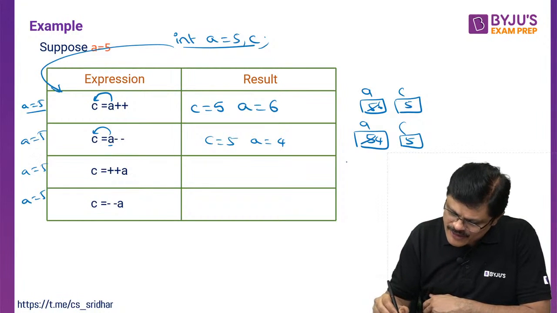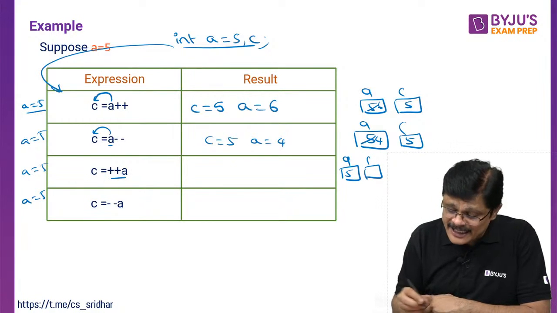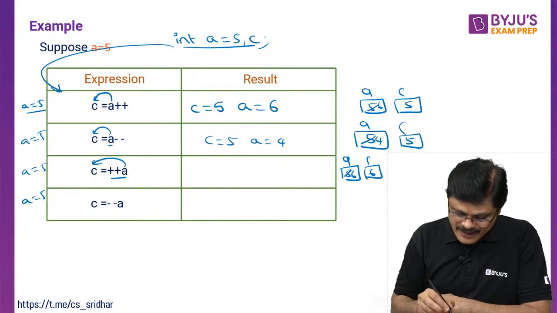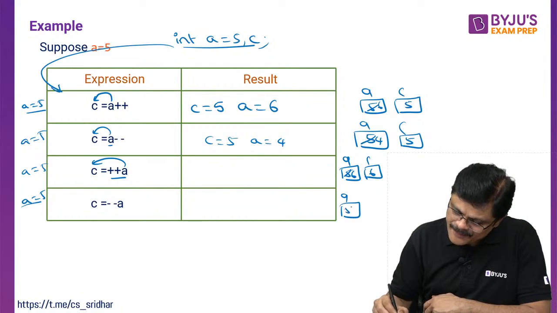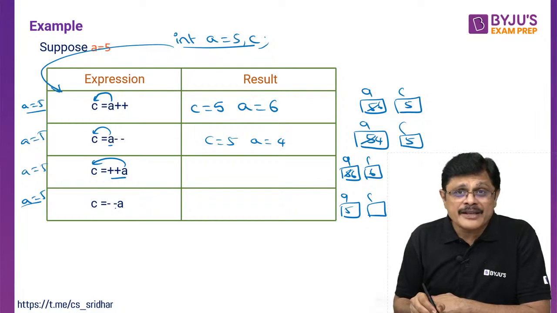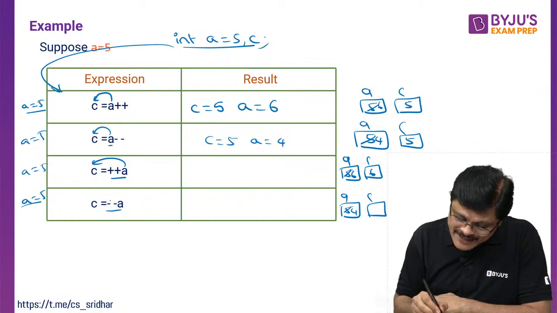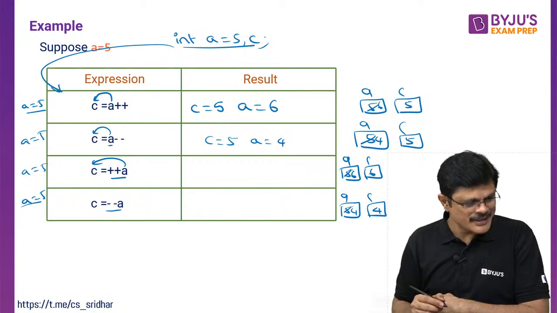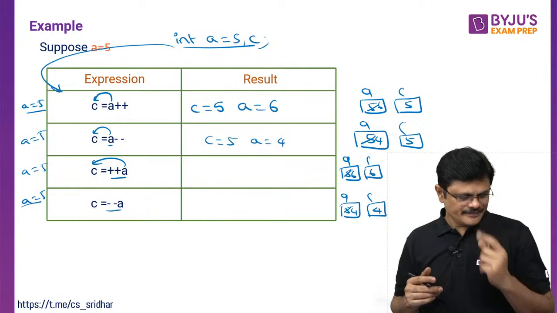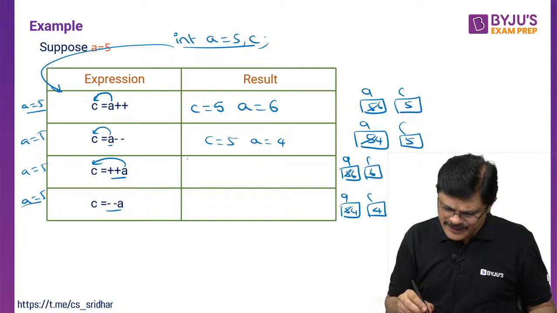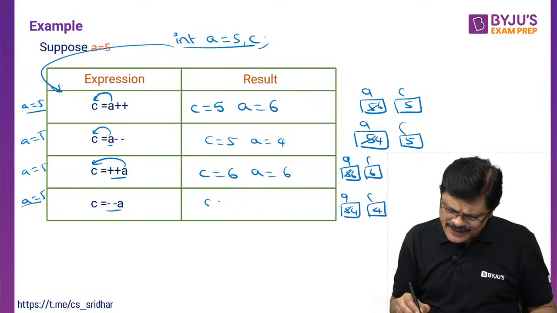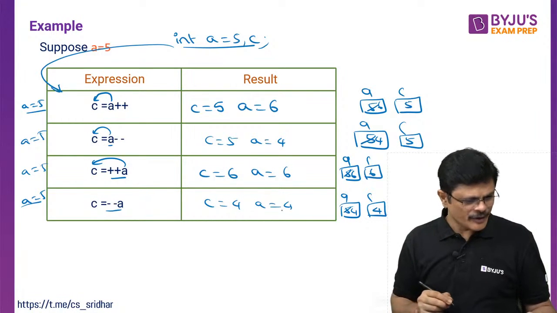Now A is equal to 5 means what, sir? A value is 5 and C value is what? So here first A is incremented, that is A is updated to 6 and that is assigned to C. So C is also 6. Here A is equal to 5 means originally A is 5 and C garbage. First A is decremented, that is A value is 4, then C value is updated, that is C is equal to 4, my dear friends. Same value. Is that clear? Okay. Wonderful. So in this case, C value will be 6 and A value will be 6. Here, A value and C value both are 4, my dear friends, if you print. Okay. Hope you understand.